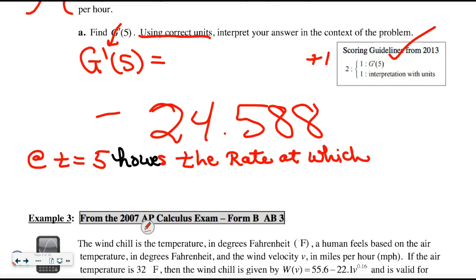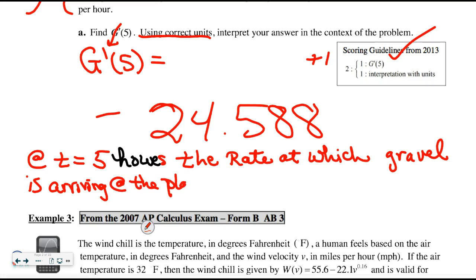Now, if you don't want to, you can say at which G is changing. Or you can say at which the gravel is arriving at the plant, because that's what G is. All right? So I'm going to be more specific. The rate at which gravel, because it says that's what G is charting. The rate at which gravel is arriving at the plant